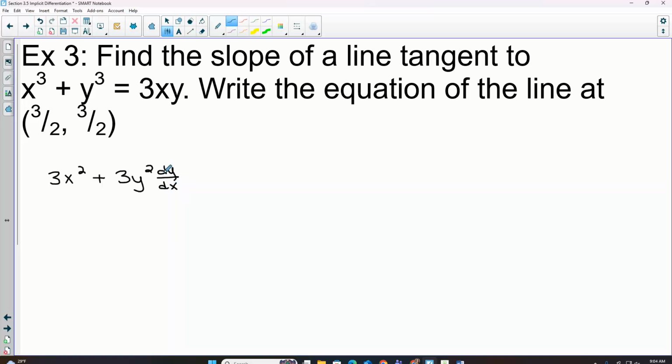However, we're doing it in terms of x. So when I do the derivative of a y, it gets dy dx with it. All right, over here, 3xy. Both of these are variables. So I have a 3x times a y. So to do that, we have to do the product rule. So derivative of the first, derivative of 3x is just 3 times the second plus the first, derivative of the second. Derivative of y would be